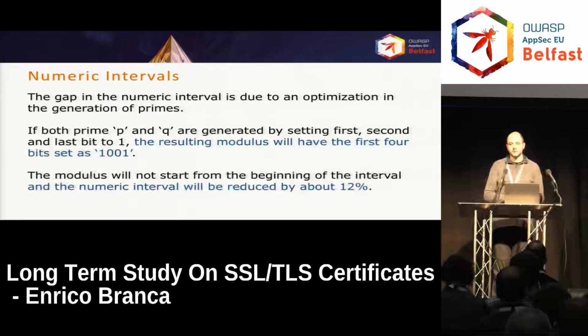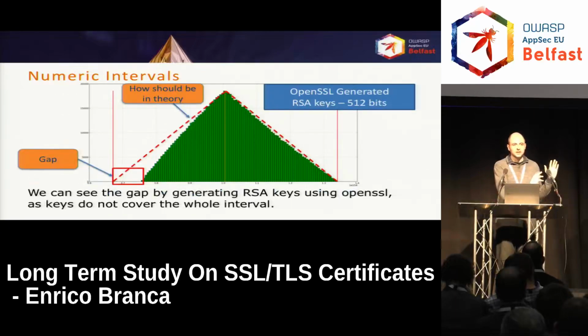Looking into implementation, I saw only the usage of this, so how they implemented it. But if you check the theory, in theory, this is a mathematical optimization. If you do it, then you are more likely to have good keys. So your crypto is more likely to be good. But what you have is a reduction of space of around 12%. So the gap in the beginning, if I reproduce it and create the key by myself with, for example, OpenSSL, but I can do the same with GPG or with SSH, you have this gap.